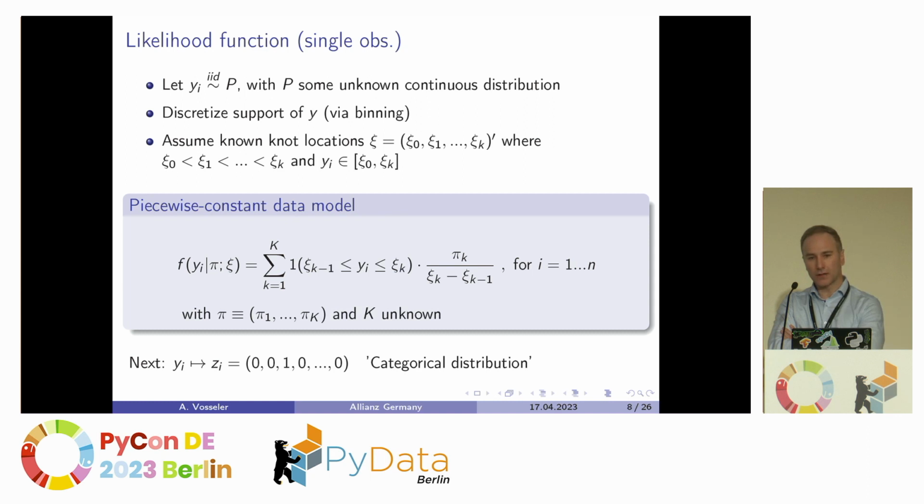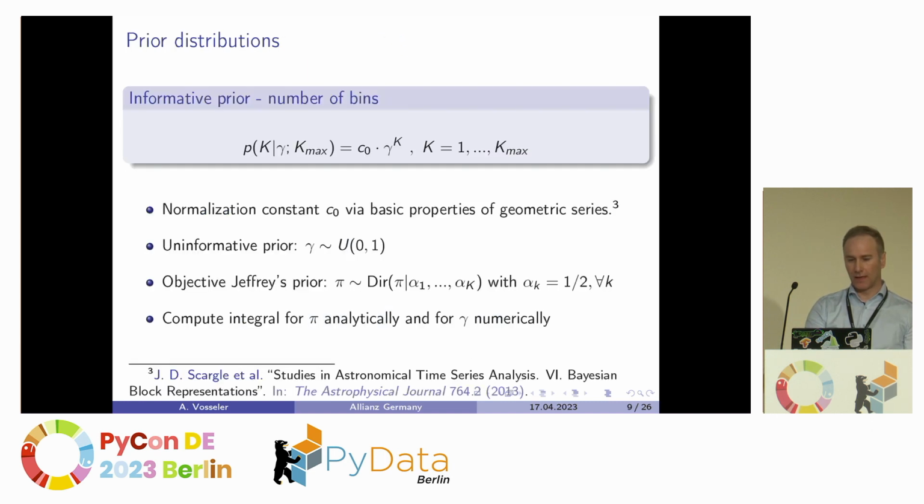This is also part of our estimation. So we really, on the fly, also estimate the unknown parameter. And through this binning, this somehow implies that we map the continuous variable yi to a one-hot vector. And this can be perceived as a categorical distribution. So the categorical distribution is very much known to be part of the exponential family, so there exists a conjugate prior, and this will be used